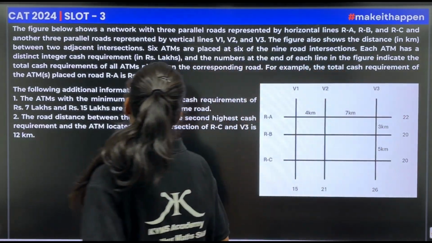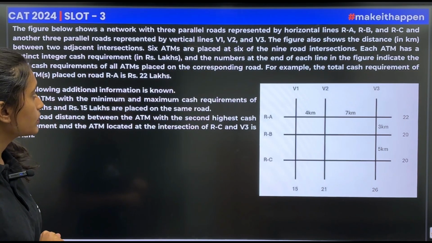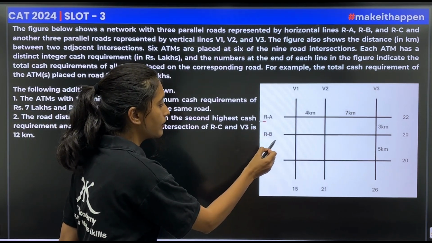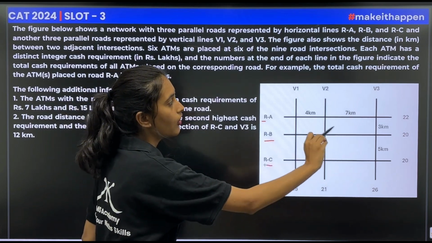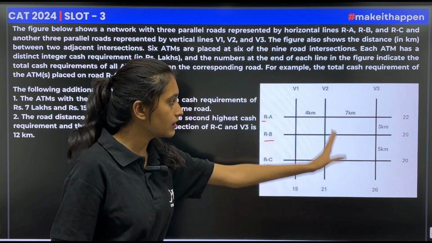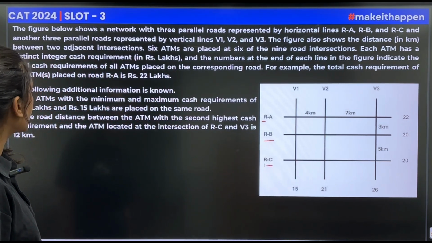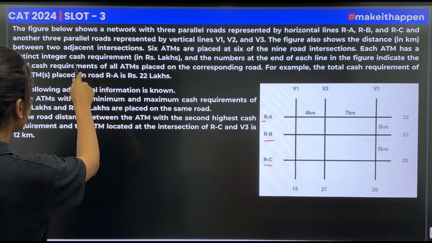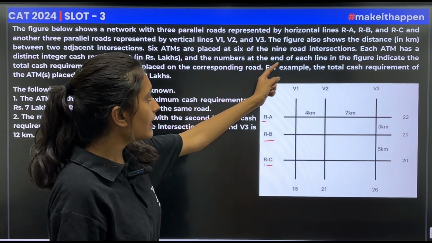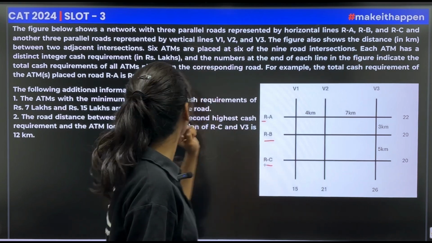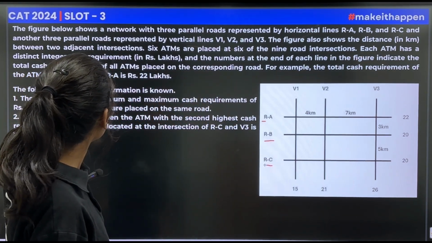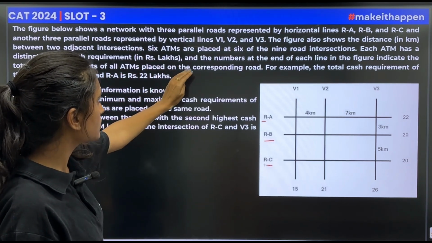The figure below shows a network with three parallel roads represented by horizontal lines RA, RB and RC. These are the horizontal lines, and V1, V2 and V3 are the vertical lines. Each ATM has a distinct integer cash requirement in rupees lakh, and the numbers at the end of each line in the figure indicate the total cash requirements of all ATMs placed on the corresponding